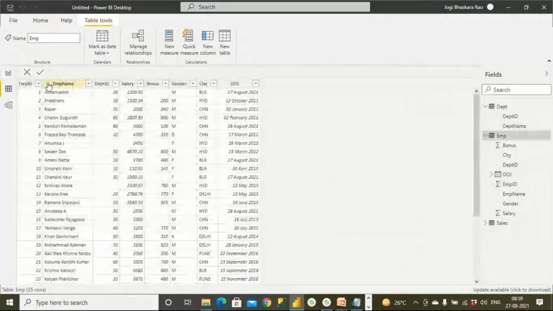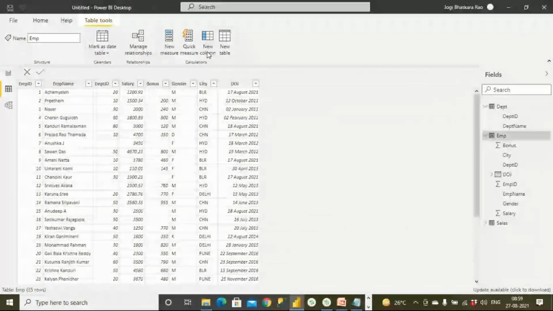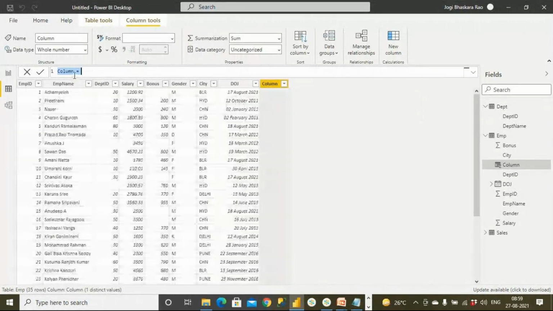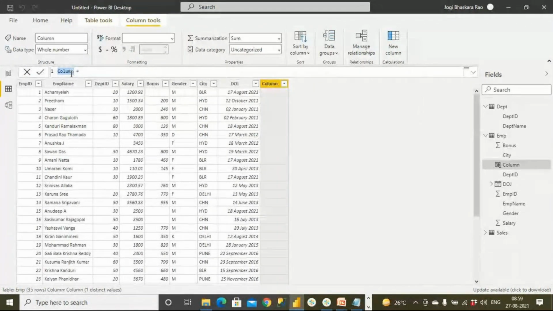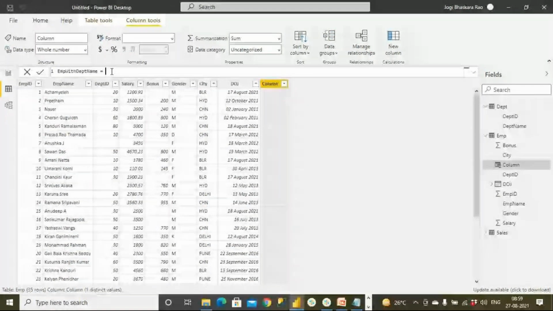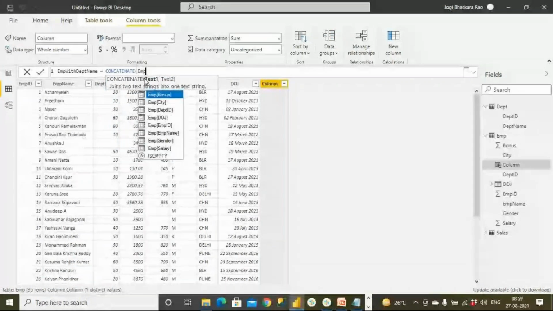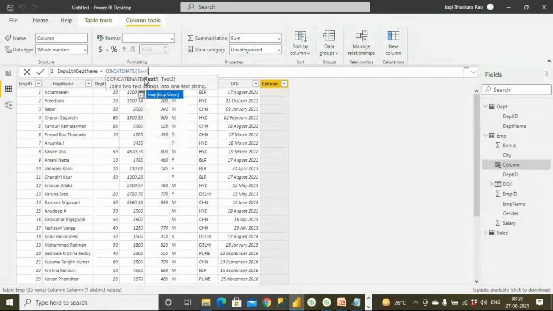This time I wanted to create a new column, EMP with department name, so I will be able to get a concatenation. So what is the first column name? EMP name. I wanted to have it, or I can simply put EMP name directly